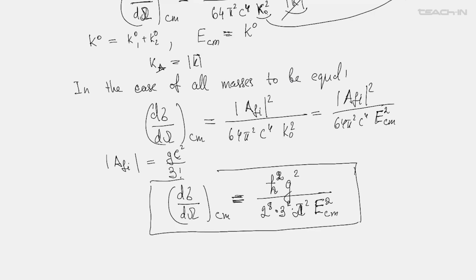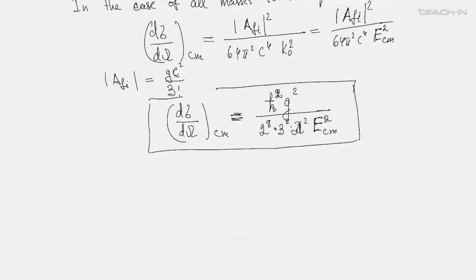This is what will be registered by the devices if two beams of our particles or antiparticles corresponding to the complex scalar field will be sent to the interaction region. Okay, so this is what concerns today with the notion of the differential cross section and its, in a way,